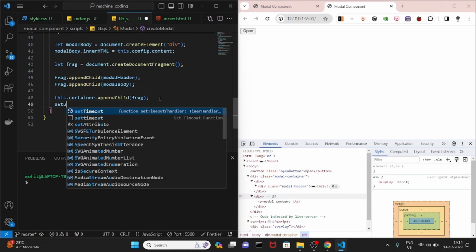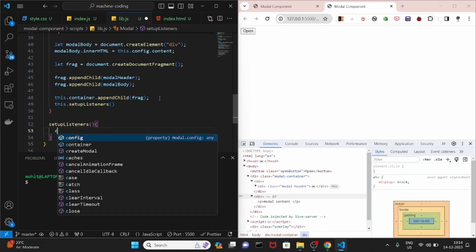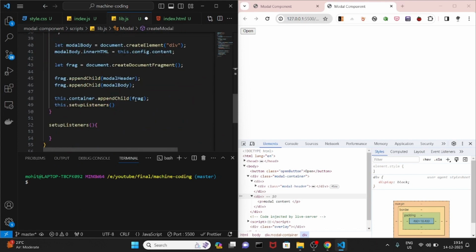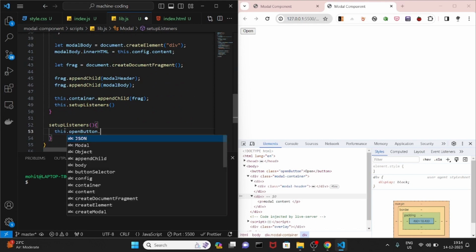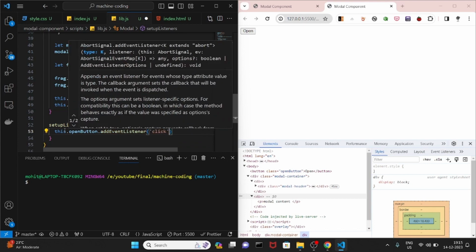So now we need to handle those events. So just write setup listeners, this dot setup listeners. Then I'll just write container. I need to have the event listener on the open button. So I'll just have the open button here, dot add event listener, click. Whenever this open button is clicked,